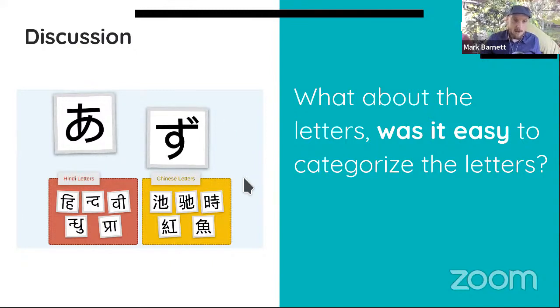But yeah, when you get to the end of that activity, you get Hindi letters, Chinese letters, and then these other letters, the Korean letters, they don't fit in anywhere. So you're left wondering, what happens there. And this happens in machine learning too. Sometimes, a machine learning tool will get a data set, some information, and it won't know what to do with it because it's so dissimilar to anything it's been taught how to do. So if we teach it to recognize Chinese letters and Hindi letters, and we give it some other letters from a different language, it won't have any clue what to do with those.